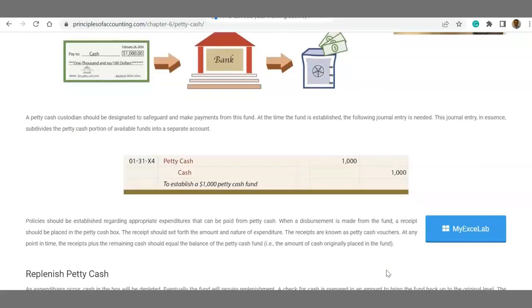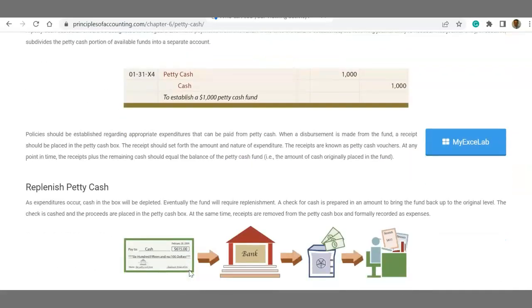Then at the end of the month, you need to replenish whatever is missing from that $1,000 established petty cash. So the replenishment is based on adding up all your receipts. Let's say it ends up to be $615 of receipts for different reasons. So you write a check again, this time at the end of the month, and you go to the bank, you cash it, put it in the safe box, and keep the receipts in a record file. And now your safe deposit box has again $1,000. So your purpose is to get back to $1,000 every single month,